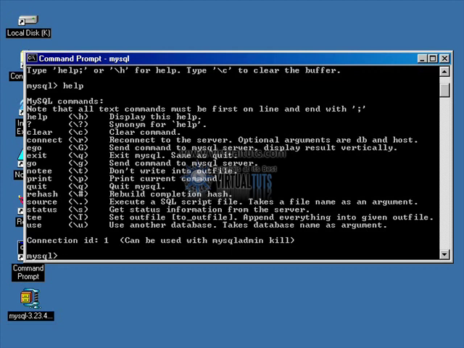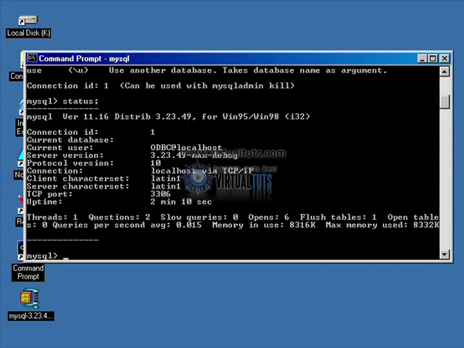Another thing that you may find very useful is, Logan, what do you think? Status. Status, yes. I would say so. I'm just going to type in status. I'm going to put a terminator at the end. I'm going to use a semicolon. And go ahead and press enter. Status is very useful if you've come into some sort of organization that already has MySQL running and you don't know the version